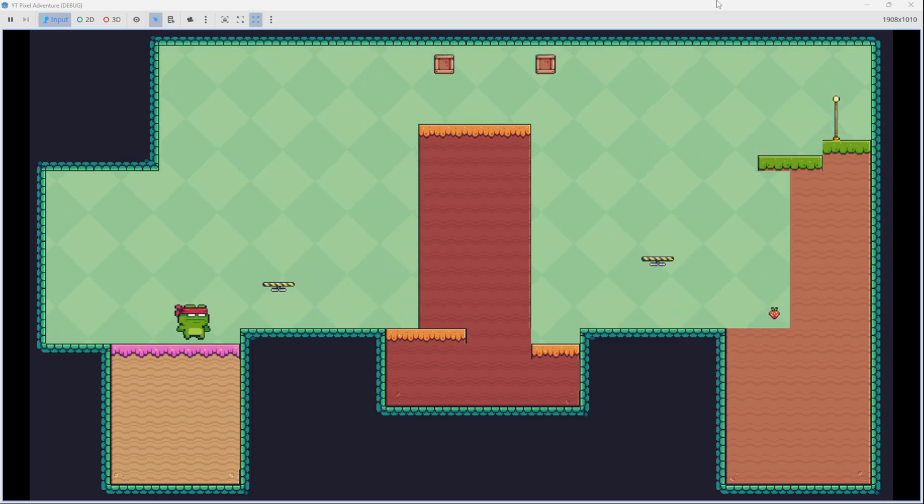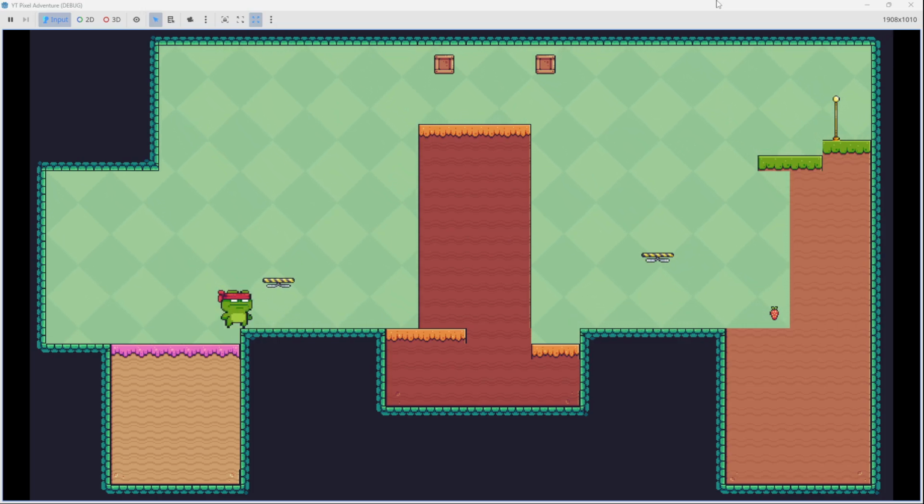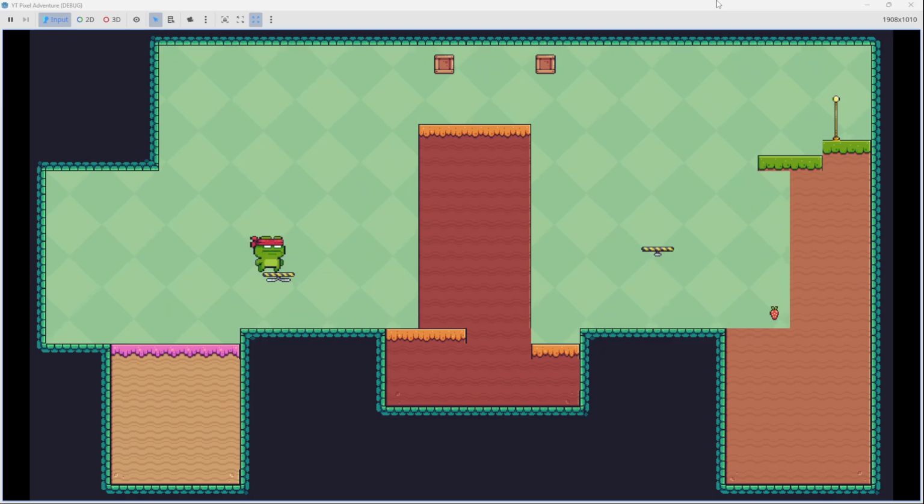Welcome to today's tutorial. We'll learn how to use tweens to create these falling platforms that fall when you jump